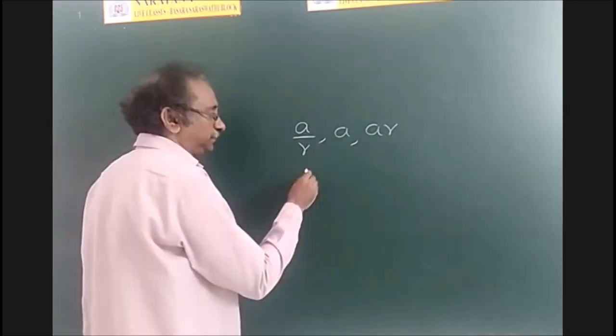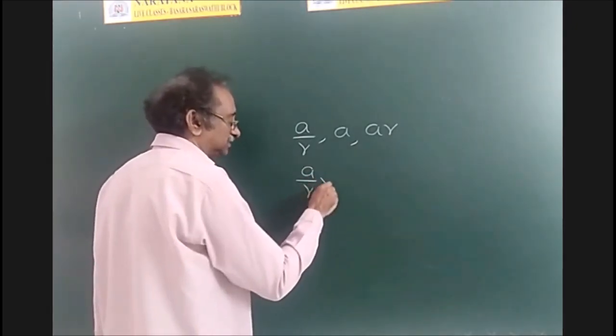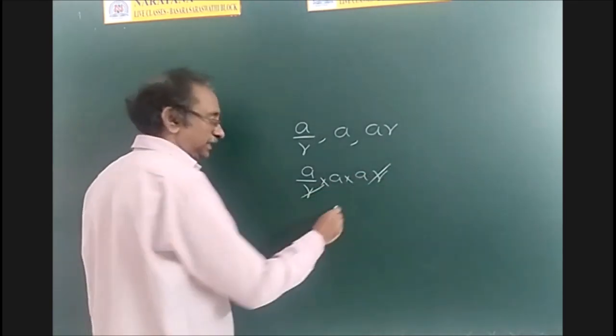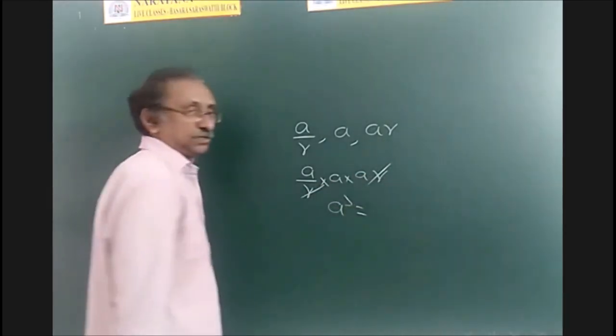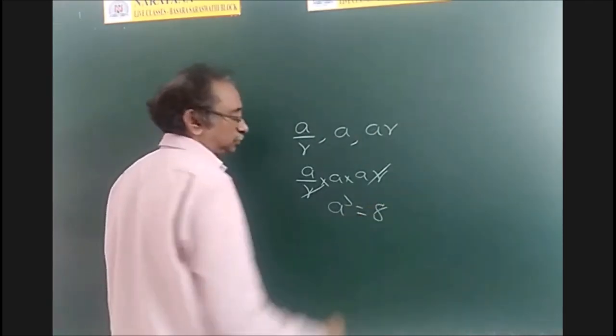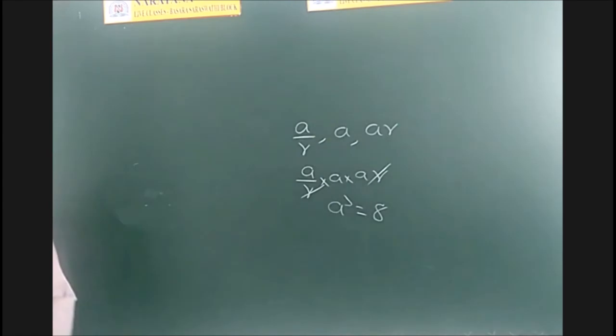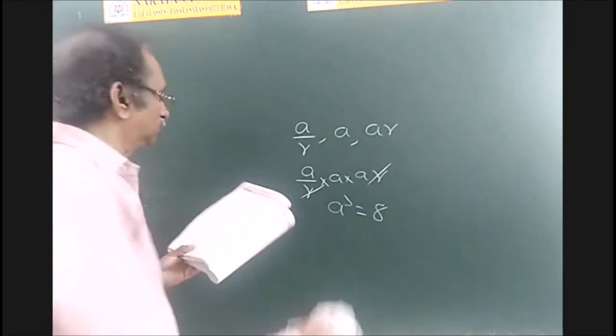Suppose roots are in GP is given, then use first the product of the roots property, and therefore R cube will be cancelled. You will get A cube. Suppose A cube is equal to 8 you get. Then what is A? A is equal to 2. Okay? And do these problems as homework.